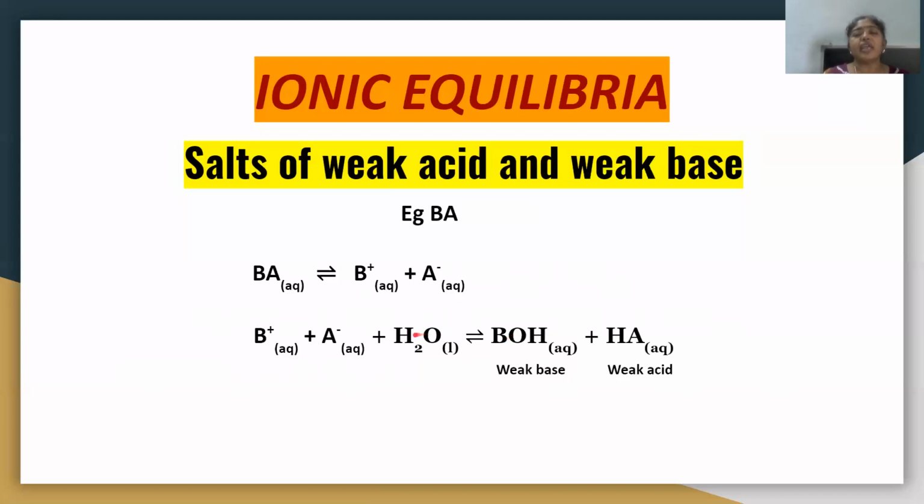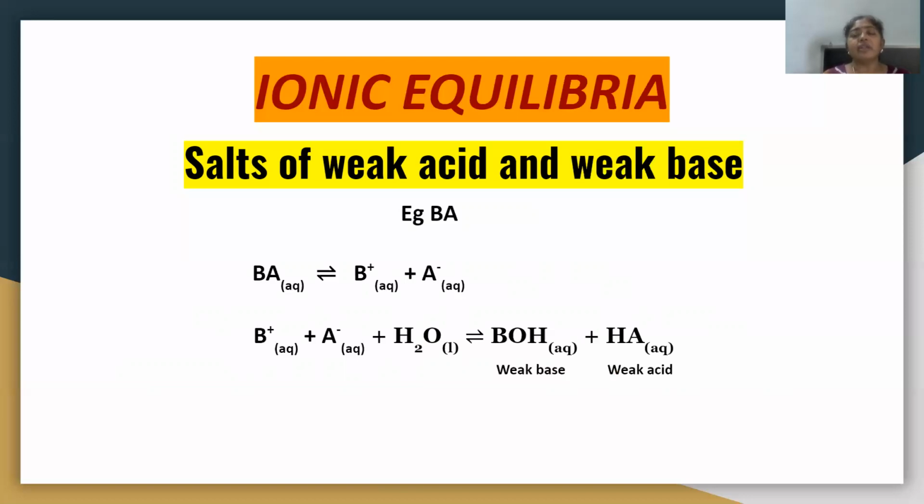basic. So this reaction attains equilibrium, and at the equilibrium you can see there is only formation of weak base and weak acid. There are no free hydronium ions, there are no free hydroxyl ions. If there were hydronium ions or H plus ions, we would say it is an acidic solution. If there were OH minus ions, we would have said it is a basic solution. But it is a weak acid and a weak base. They will not dissociate once again to form these ions. So for the solution, we do not know whether it is going to be acidic, basic, or neutral.